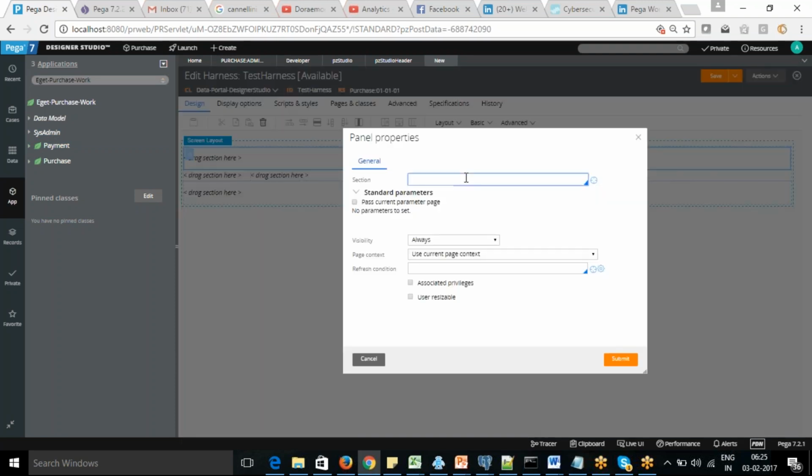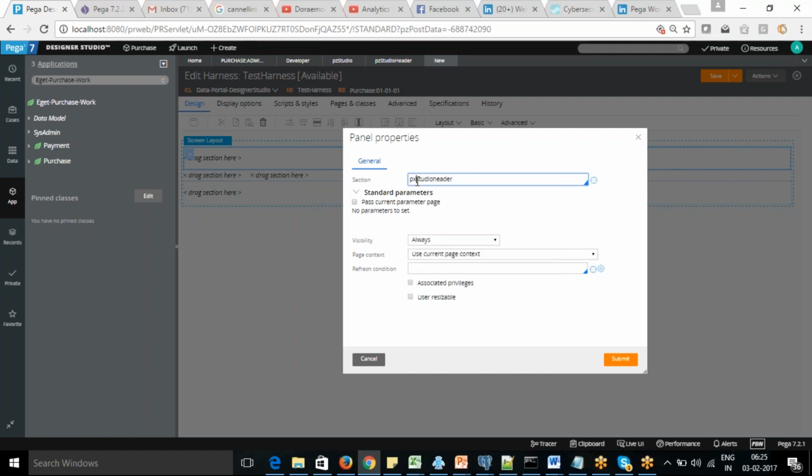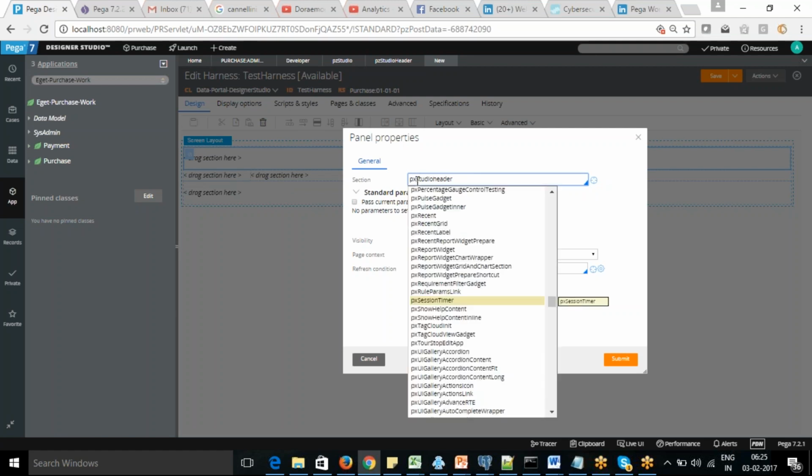Let's say I'm using the same header, the studio header. It's the PJ studio header only, right?